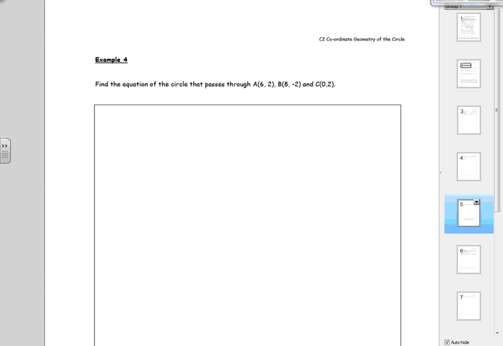C2, coordinate geometry of the circle, example 4. So we've already had a look at an algebraic method for answering this question, but there is also another way of doing it. So if we think about what information we're actually given, we have a circle